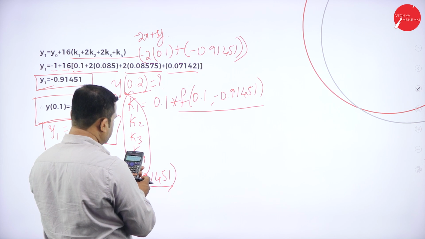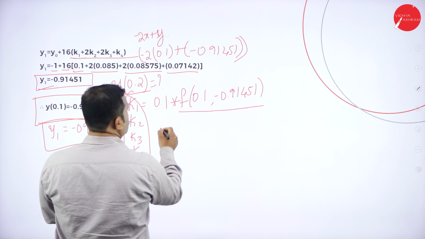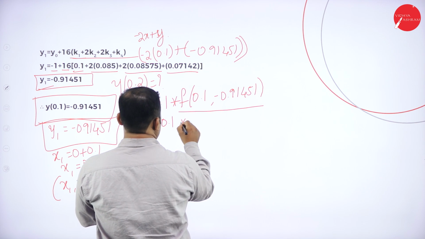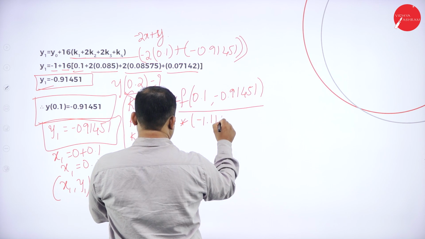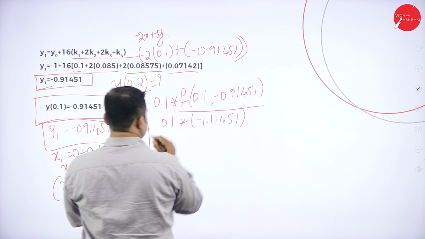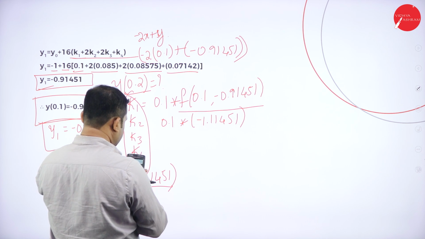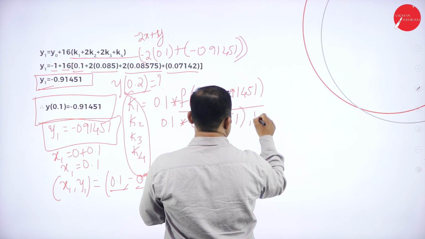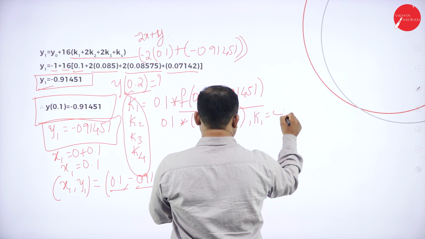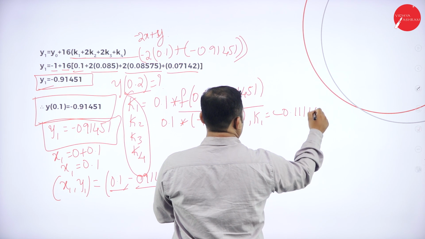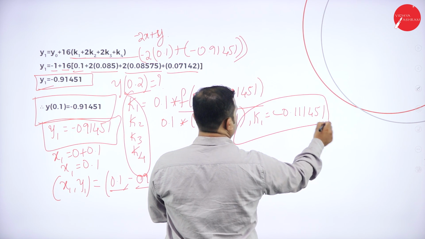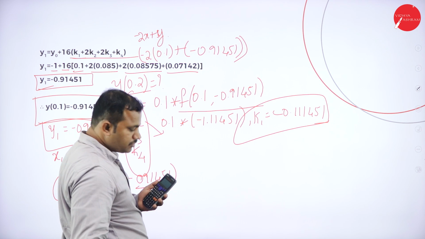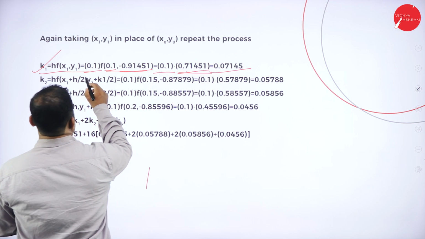If I do this operation, I get k1 is equal to 0.1 into minus 1.11451. That is this, and it has to be multiplied by 0.1. If I do this operation, k1 is equal to minus 0.111451. That is the value I'll get for k1. Similarly for k2, we will get some value. Let me show you that. Yes, we considered